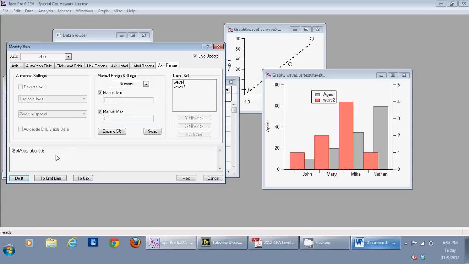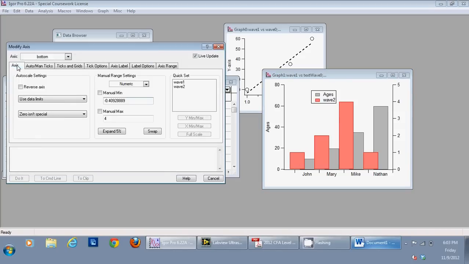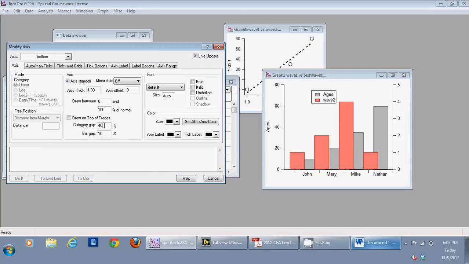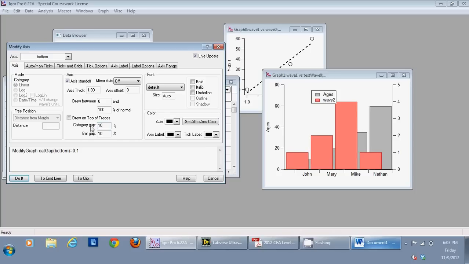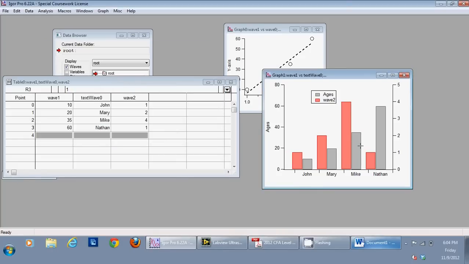I double click here and go to axis and say category gap is 10% or 50%, or let's do 60%, and then say done. And now you can see that I can grab this graph and move it on the side, and then double click on it and change.